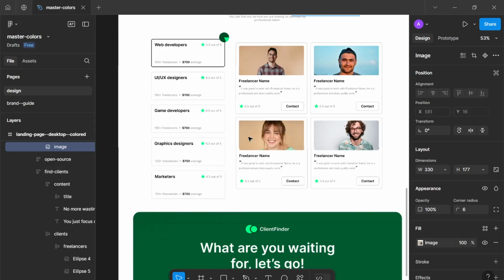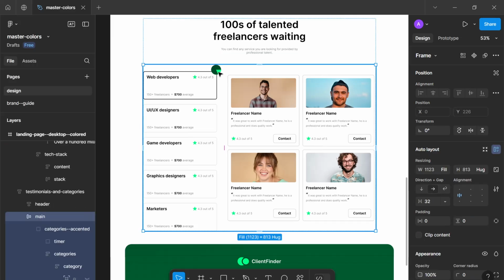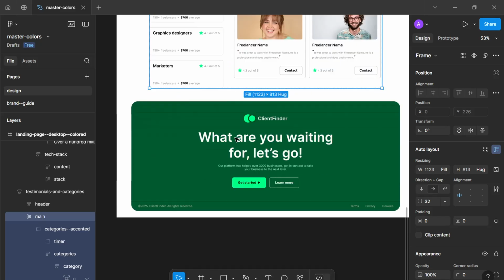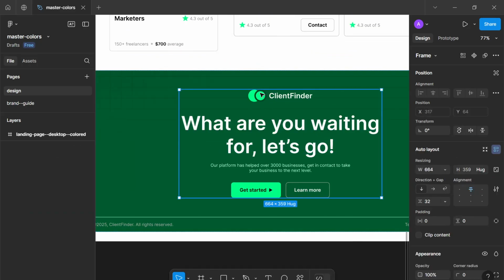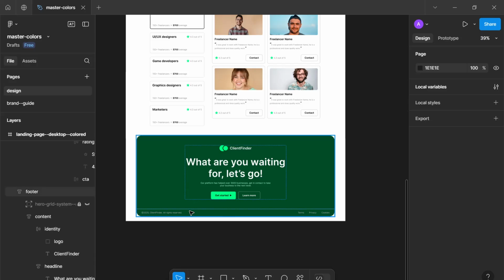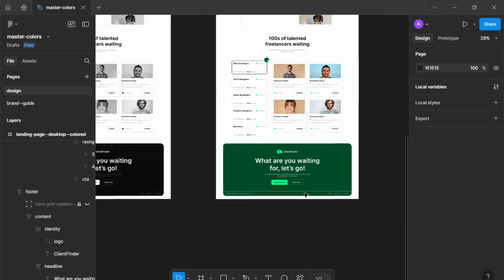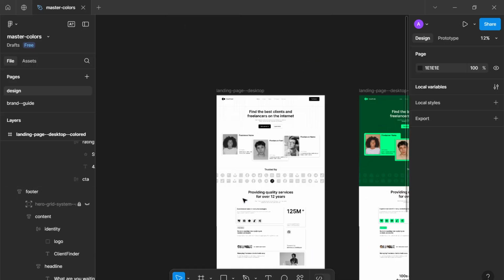Then we have spoken on how we use accents, and how we can sparkle in our brand color in those accents. So here, for example, we have changed this time indicator and we have sparkled in color within our star here. Finally, this is actually very basic, we have just done the same thing we have done before. We have followed the principle and finished the footer section. So final before and after here